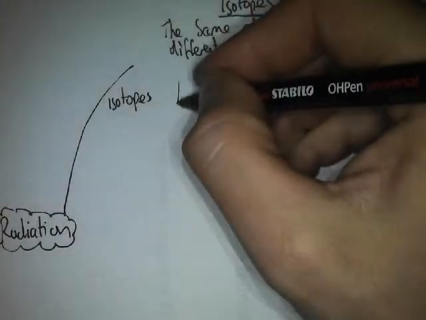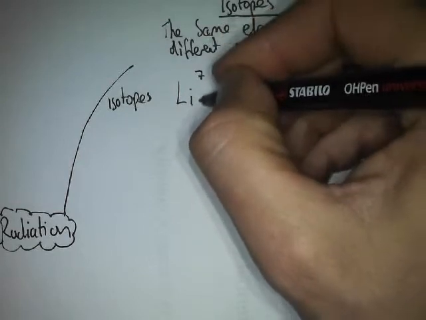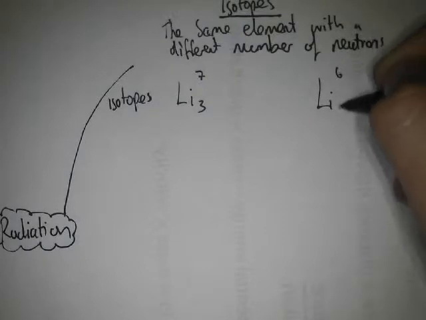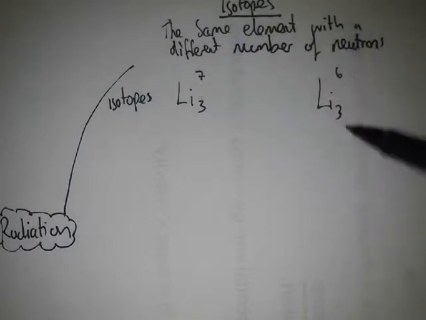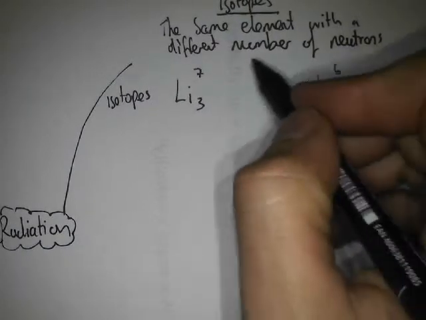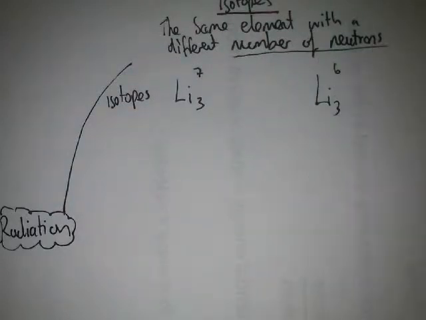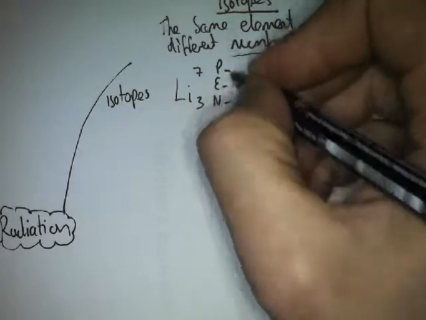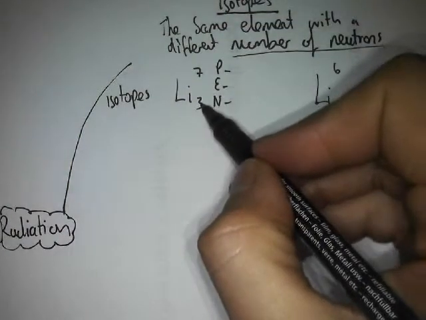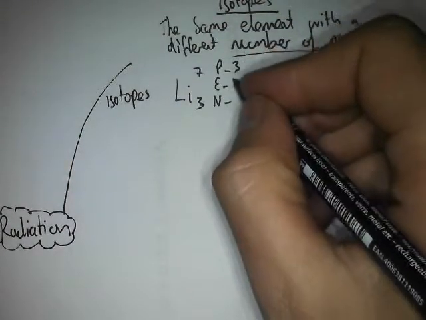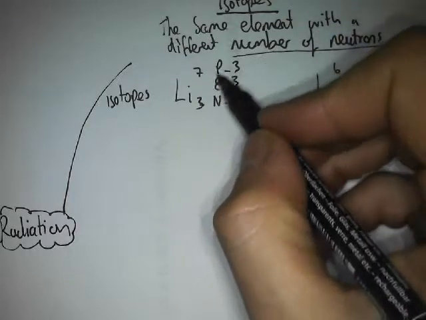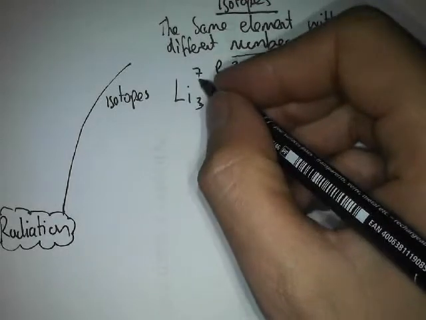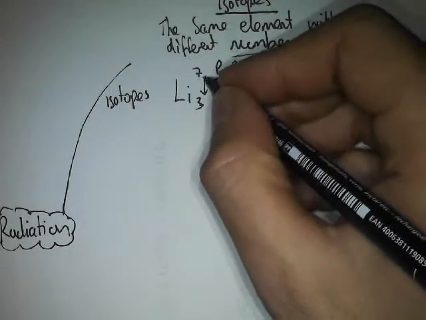So how will that look? Well, the lithium we found in the periodic table is like this, and an isotope of that is like this. So they're both lithium. The difference is, like we've just said, it's got a different number of neutrons. How do we know that? Well, we can do our little pen. Protons and electrons are the smallest. If you don't know this by now, you want shooting. So, protons and electrons are the smallest number. The difference between the two